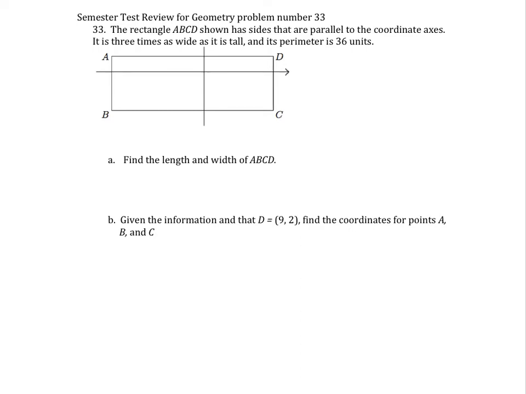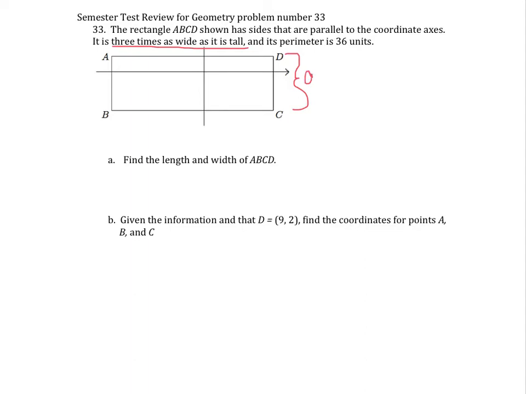For this problem, we need to concern ourselves with the idea that we have a rectangle that is 3 times as wide as it is tall. Back in Algebra 1, we learned that when we have a situation like this and we don't know the value of either side, we have to give them variables. But because we only want one variable and there's a relationship between the two sides, we can do this with one variable. So let's call the shorter side, the side DC,